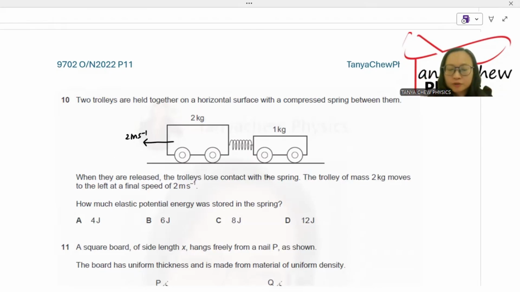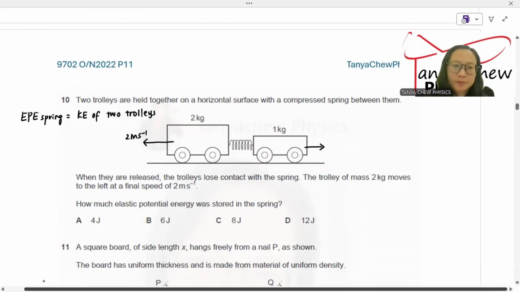When the trolleys are released, this elastic potential energy of the spring is converted to the kinetic energies of the two trolleys. So you need the speed of that 1 kilogram trolley. Or else, how do you find the kinetic energy? Because the elastic potential energy of the spring is equal to the kinetic energy of the two trolleys. So bear that in mind. I am going to use the principle of conservation of momentum. Total momentum